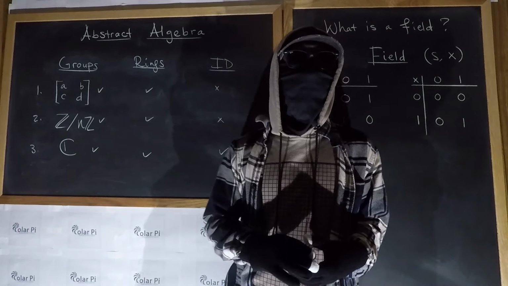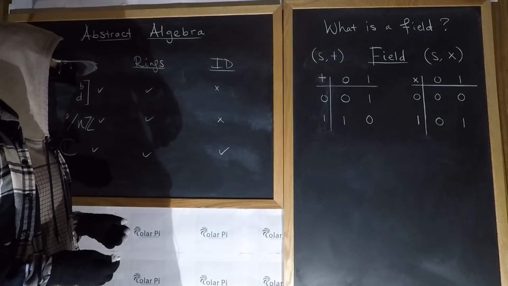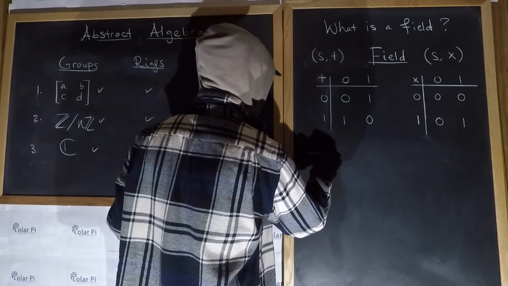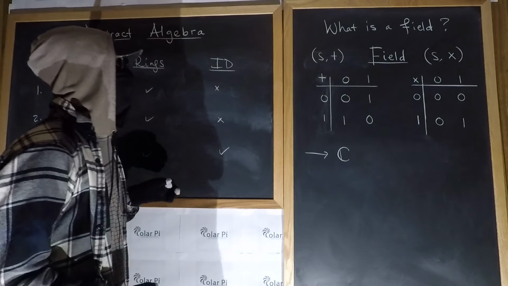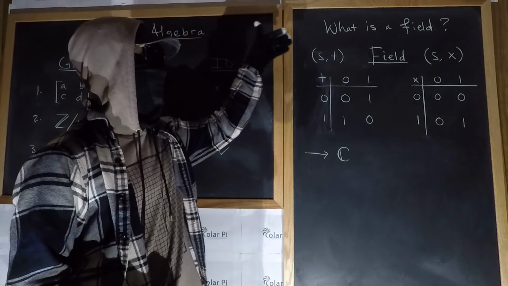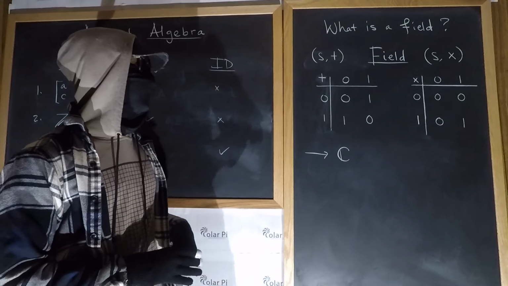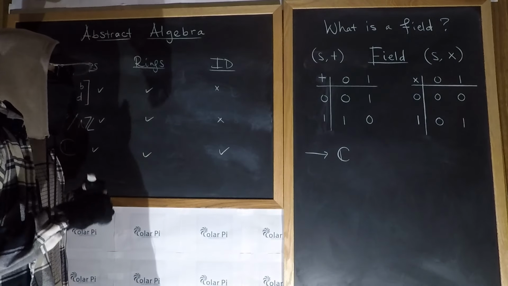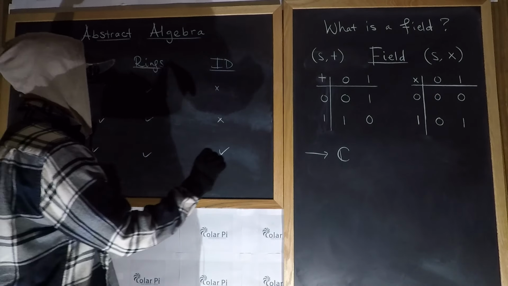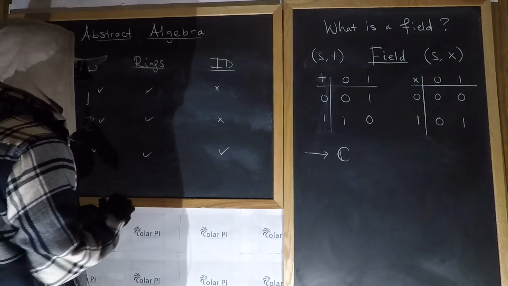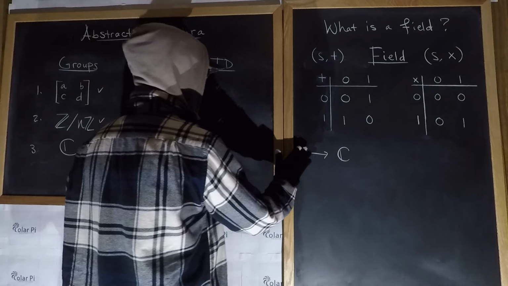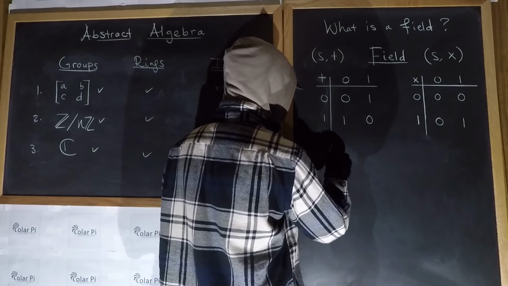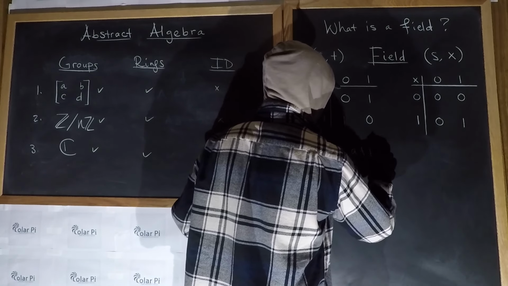So who makes it to the field? Well, only one of these has any hope of crossing this line, and that is the complex numbers. So what's the additional requirement from integral domains to cross over to fields? We need multiplicative inverses also. So in addition to a multiplicative identity, we need multiplicative inverses to become a field once you are an integral domain. And the complex numbers do have multiplicative inverses, because if the complex number z is a plus bi, then